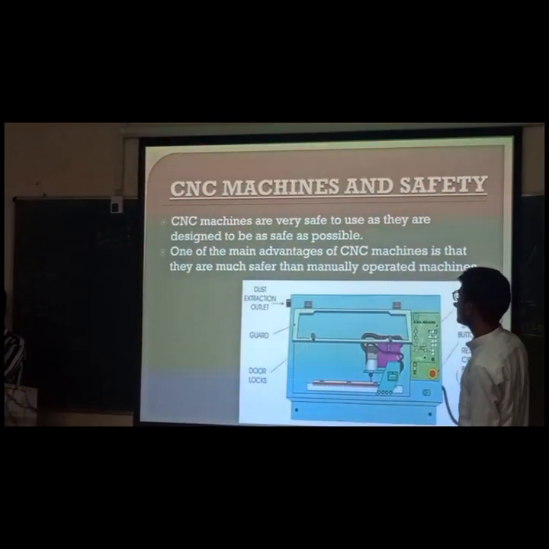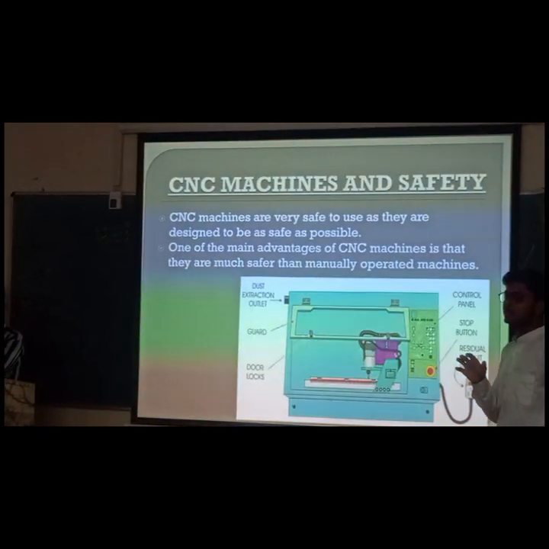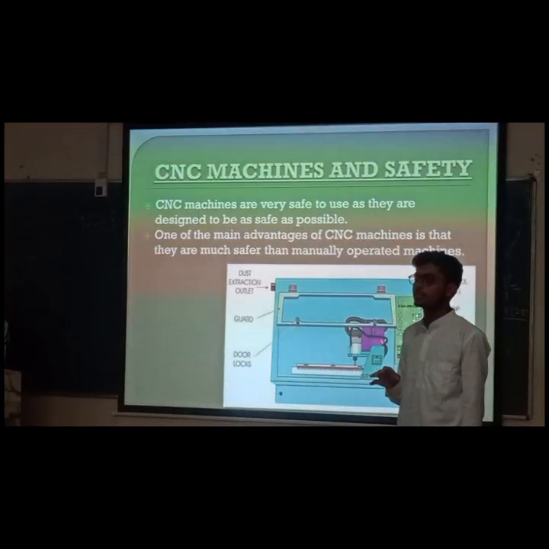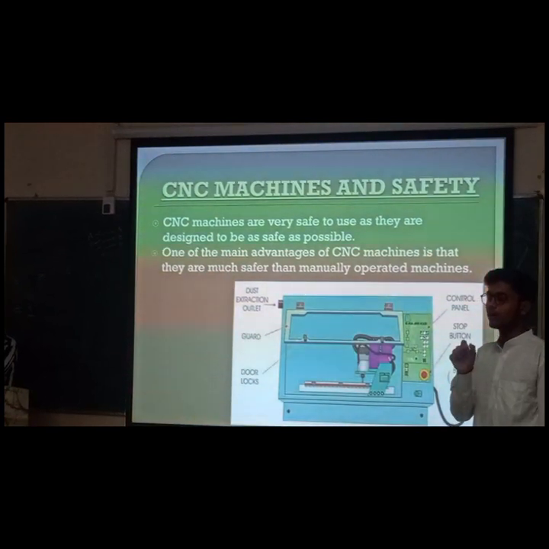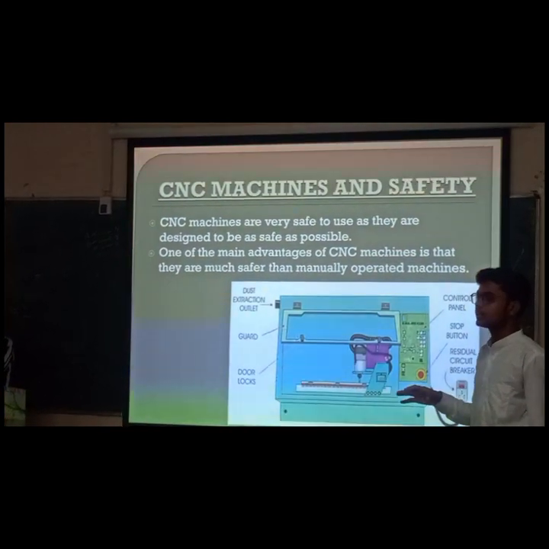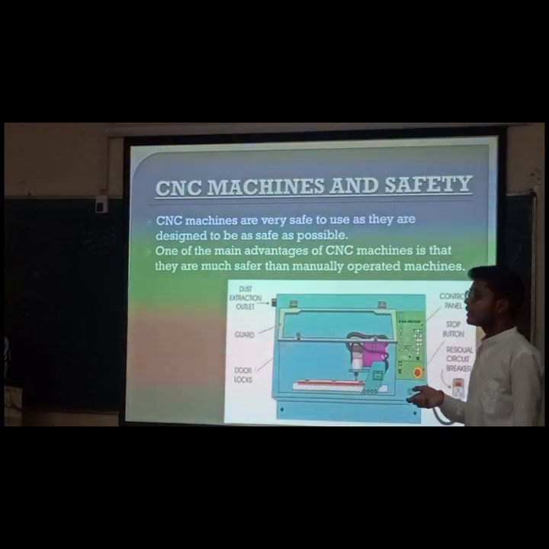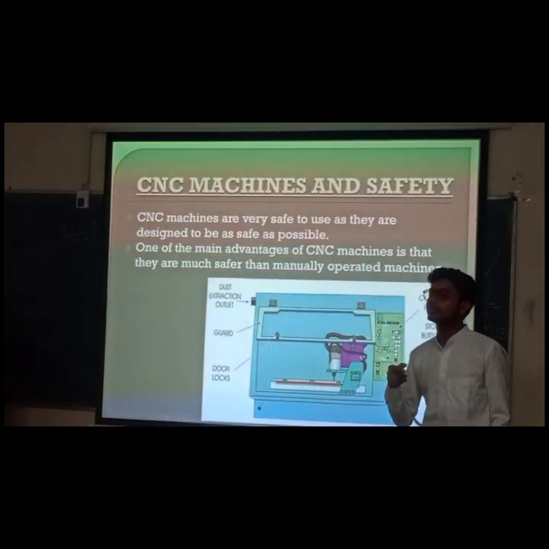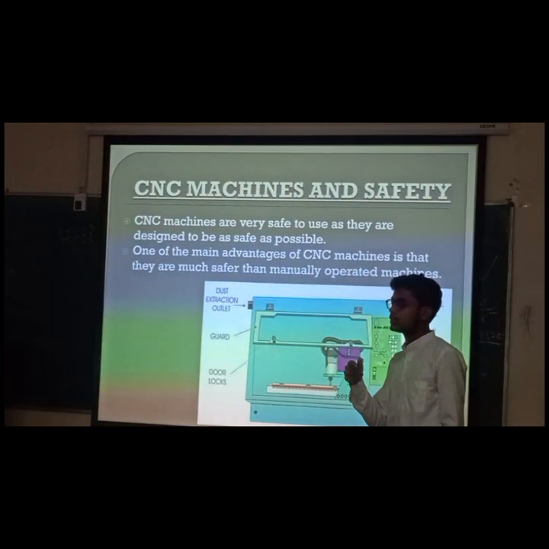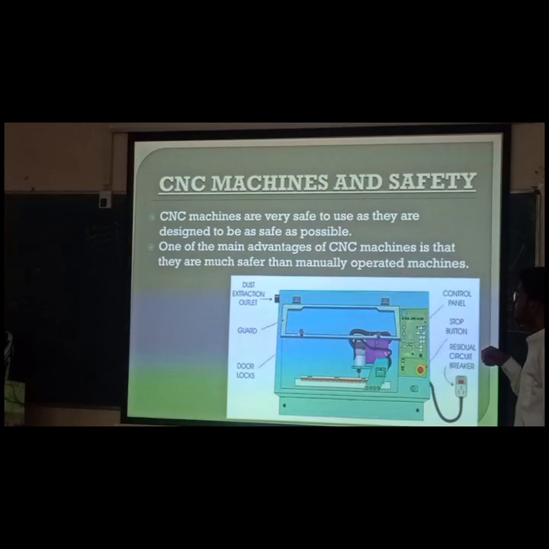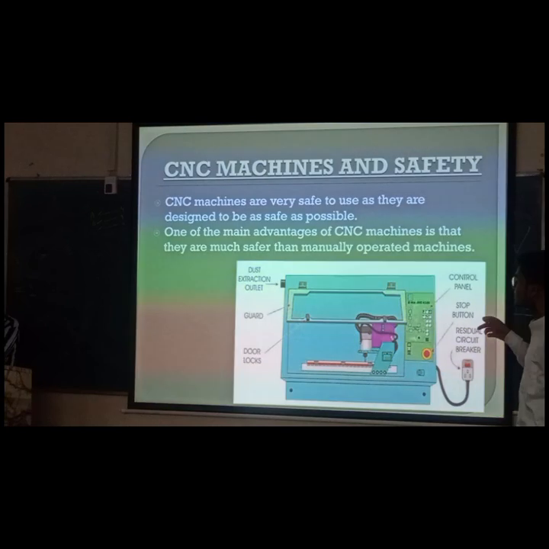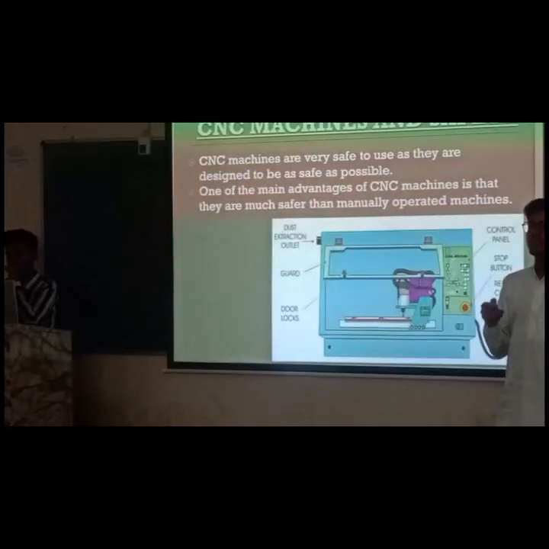Safety precautions. The CNC machine is an automatic machine which does not see what work is happening. It works on the code, so it does not see what you are doing. When the CNC lathe machine is performing an operation on the workpiece and we try to stop it with our hands, we can be injured.